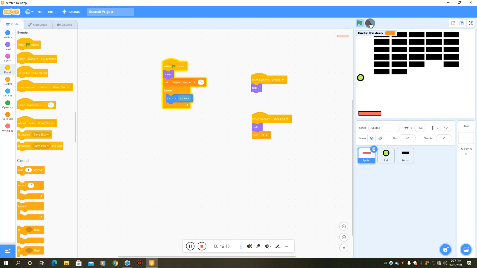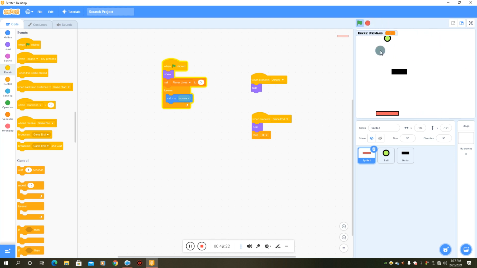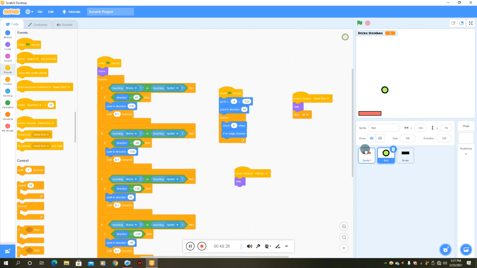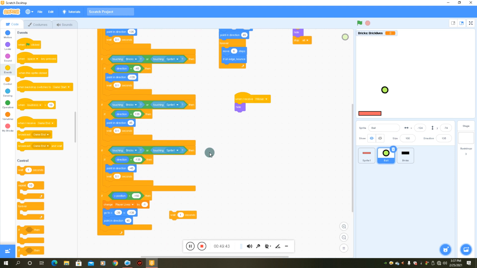So this is how you can create the game for yourself. Now we can change the difficulty of it by increasing the speed of the ball, right? We just need to increase the number of steps here to increase the speed of the ball to make the game more challenging for the player to play. So create it on your computers,